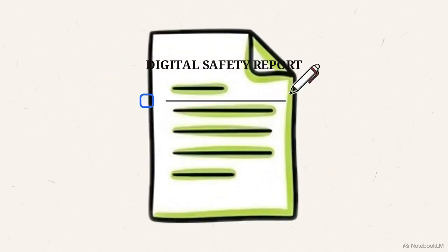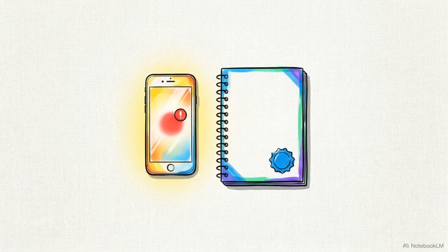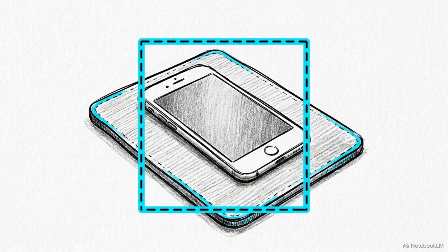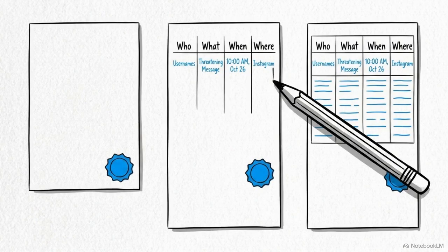To break out of that panic, you need a process. We call it the Digital Safety Report. It is a concrete, step-by-step framework designed to take the guesswork out of an overwhelming situation. Before we start, you only need two things. First, keep the device where the incident occurred right in front of you. Second, grab a physical notepad and a pen, or open a secure Notes app on a separate device. By relying on this predefined structure, you take a terrifying, isolating digital encounter and turn it into a manageable problem